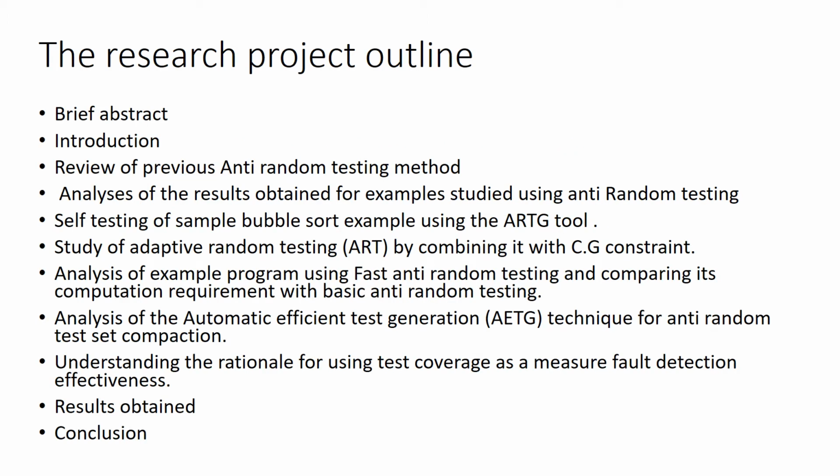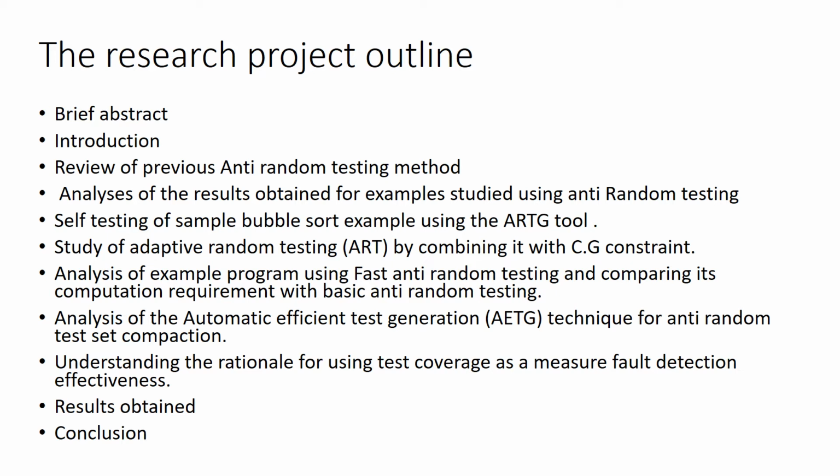So here is the basic outline for the research project. The paper will include a brief abstract of my findings, the modifications and the previous work on anti-random testing, and the results. The introduction will explain the motivation and my work towards anti-random testing and my analysis of various previously proposed methods. It includes a review of the previous anti-random testing methods, the analysis of the results obtained for various examples studied using anti-random testing,